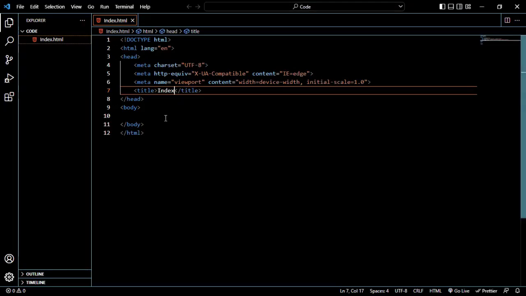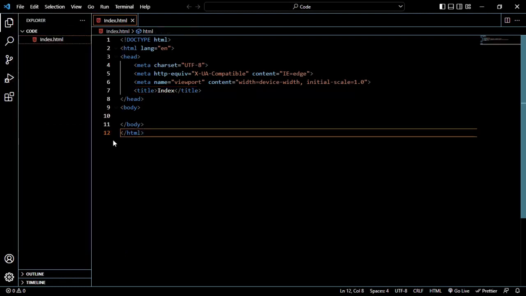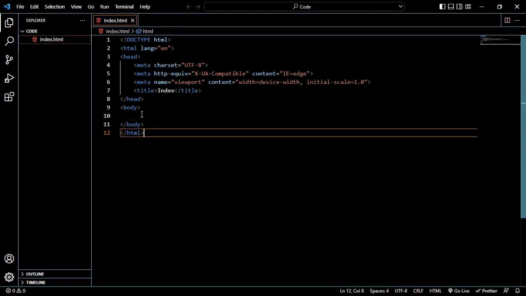It's either you click Control S to save, or you come to your file here and then put it on auto save. Now you don't have to always save your code before going to the live server to run it. Mine is already on auto save, that's why it is ticked this way. Then if you click on it,